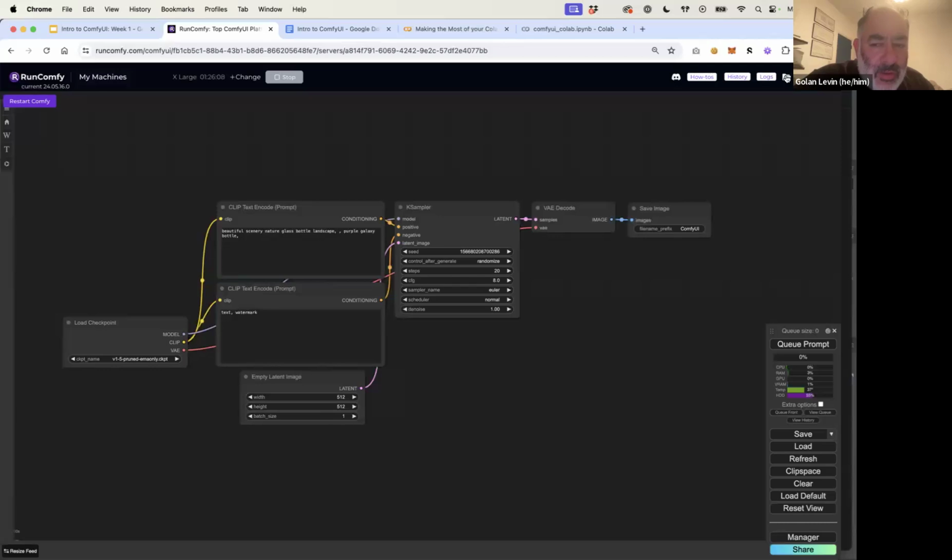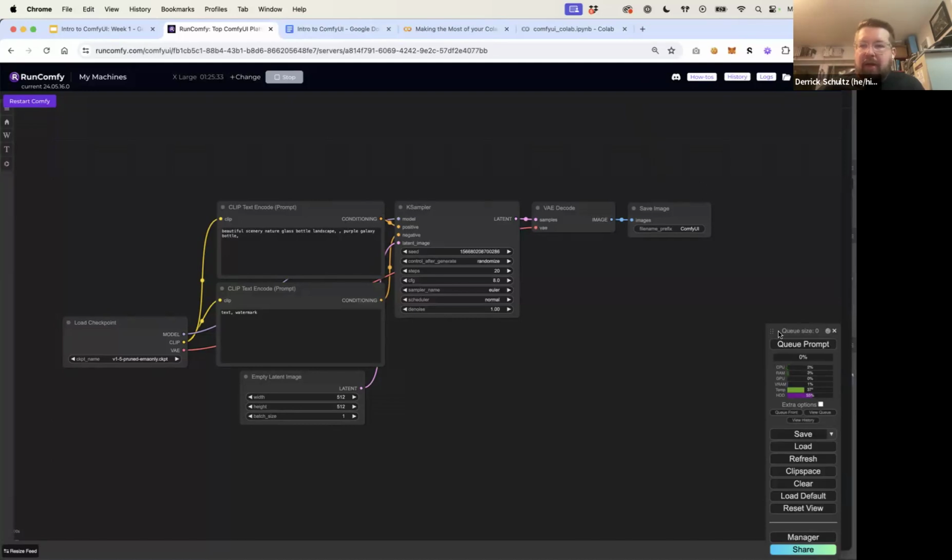How much storage does RunComfy give you? I've yet to hit the limit, so I don't know. They don't tell me. It's part of your account, and it persists across uses, huh? Yeah, I'm sure I can hit it at some point, and maybe we will as a group. But I've yet to hit it, and I've uploaded like 5 or 6 custom models that are 10 gigabytes apiece. I've made some longer videos here that are probably a gigabyte or 2 of data. So I've yet to hit the limit, but that's not to say that I won't eventually hit it. And they'll probably tell me when I do, or they'll charge me more, or something will happen there. So yeah, so far so good.